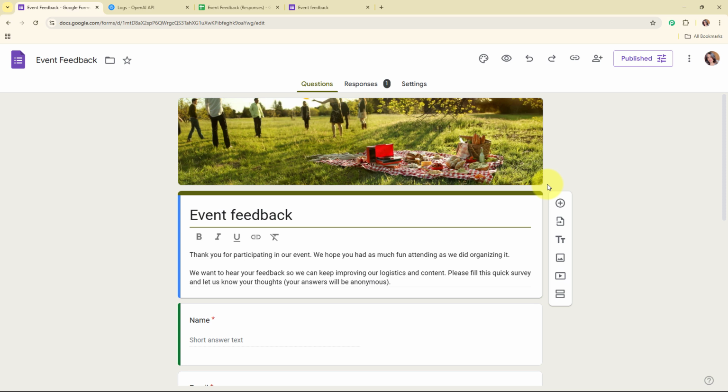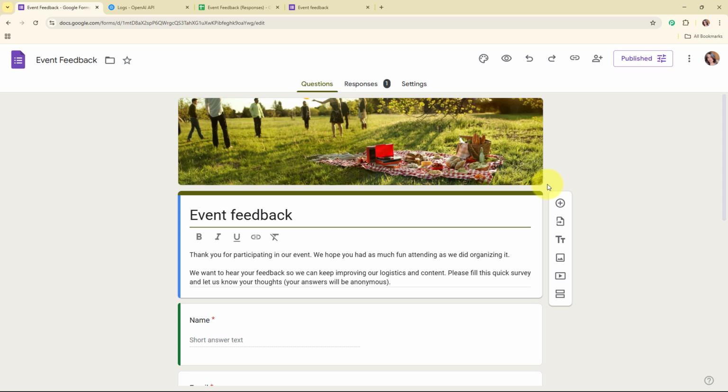Going through each response manually takes a lot of time and it's hard to spot overall trends or areas for improvement quickly. By building an AI agent to automatically analyze the feedback, I can instantly get insights like what people liked most, what needs improvement, and how they felt overall. This helps me make better decisions for future events without spending hours reading every single response. So it saves me time and helps me improve the experience for my audience.